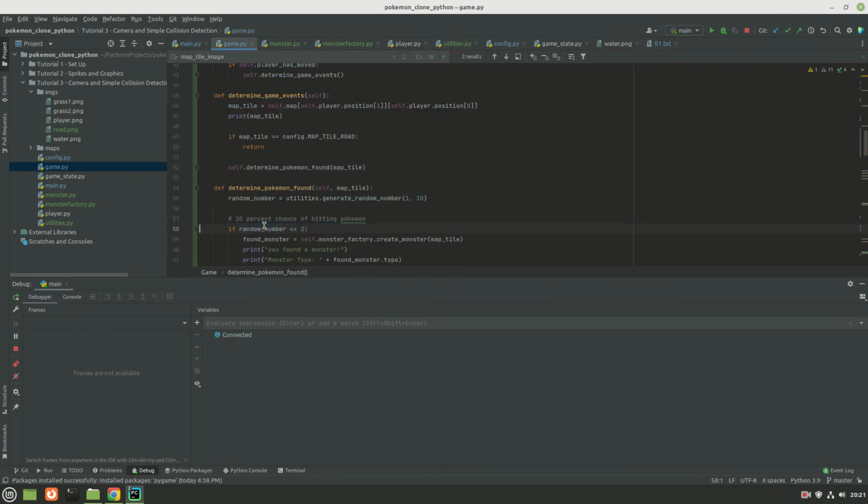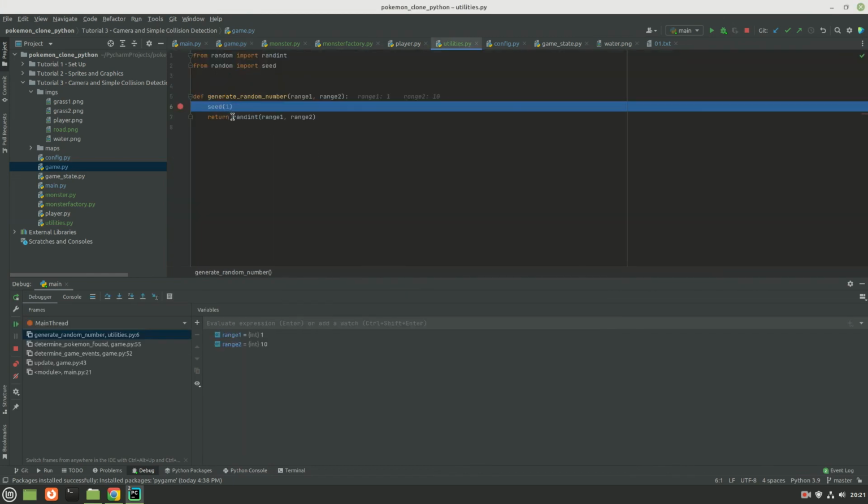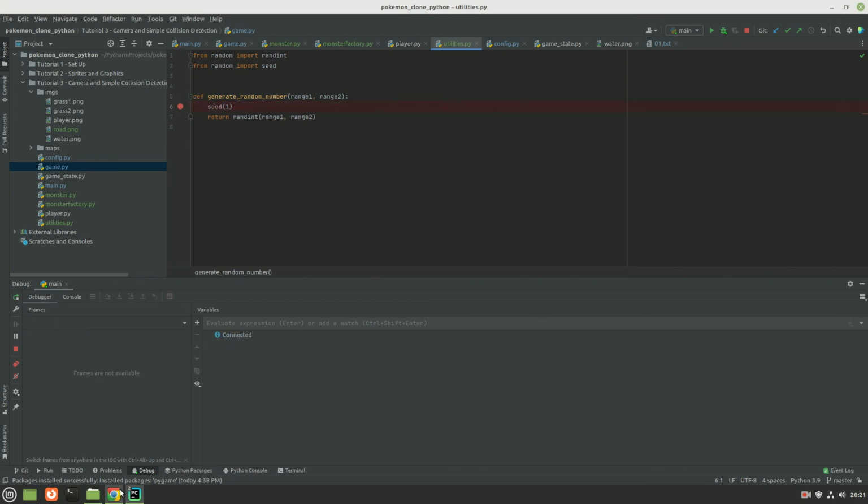So I don't care about that anymore. My range is fine, I believe. It's just this seed that's not working. Okay, so sometimes you have to learn as you go. The seed, this is what is going to, yes, with the random numbers, not truly random, it's going to be using the seed value to determine the random number. We're always passing it 1, so we're always going to get the same random number.